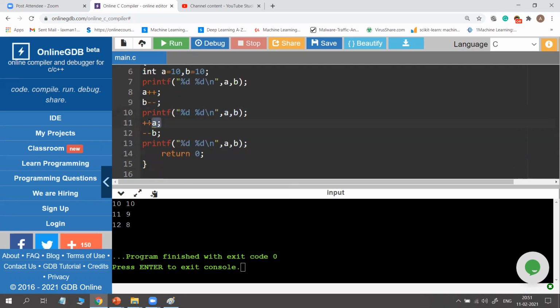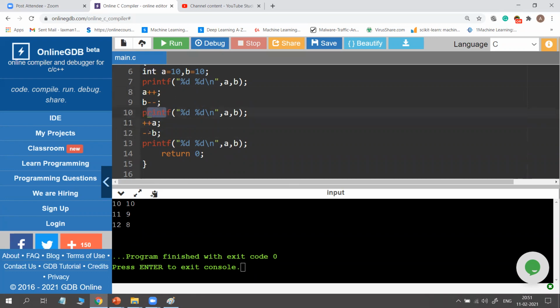And next, plus plus A, minus minus B. Plus plus A means, the previous value of A is 11. It is incremented to 12. The previous value of B is 10. No, sorry, 9. It is decremented to 8. So 12 and 8. That means here I want to conclude one thing. Here A plus plus and plus plus A work in a similar way, because if you observe only A, the output goes 10 to 11, 11 to 12.